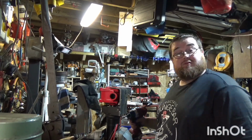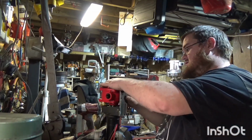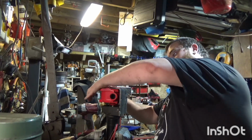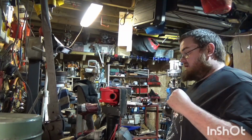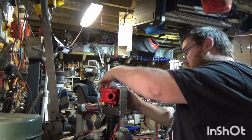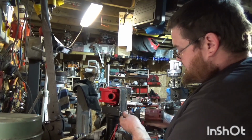I think that worked out pretty much bang on. I'm not sure if there's any movement at all though. Oh yeah, it's not being pinched overly tight. Right, what I need is to work out exactly where those two bolt locations are. So what I'm using here,